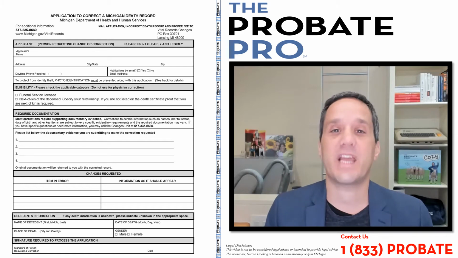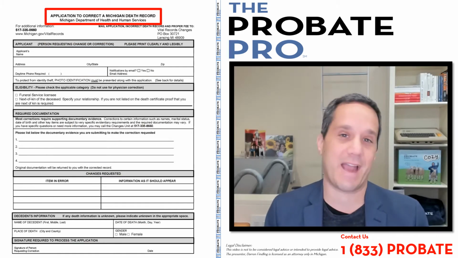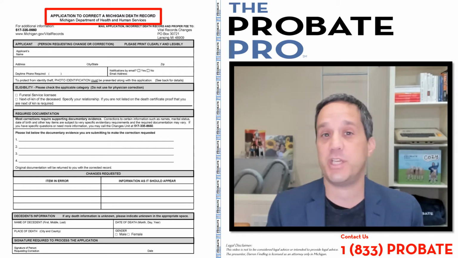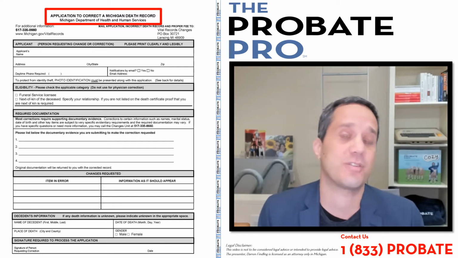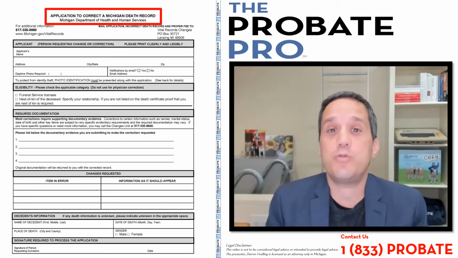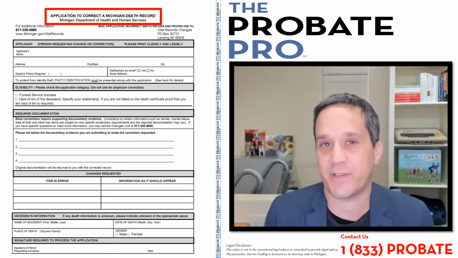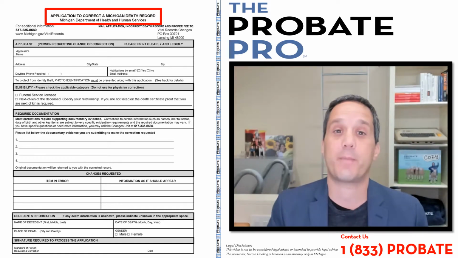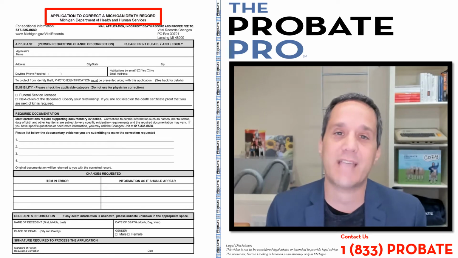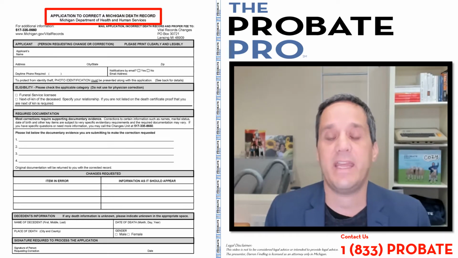20 to 30% of all death certificates are incorrect. That's according to Bob Anderson, Chief of Mortality at the National Center of Health Statistics. So what do you do if you have an incorrect death certificate? Well, I'm Darren Findling of the Probate Pro, and we're going to examine Michigan's application to correct an incorrect death